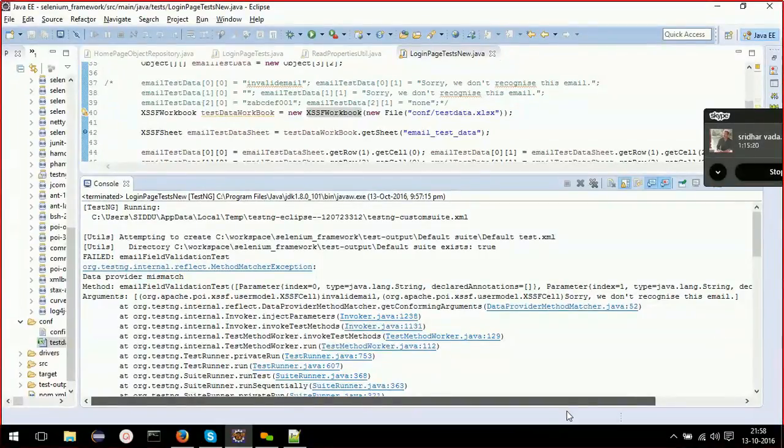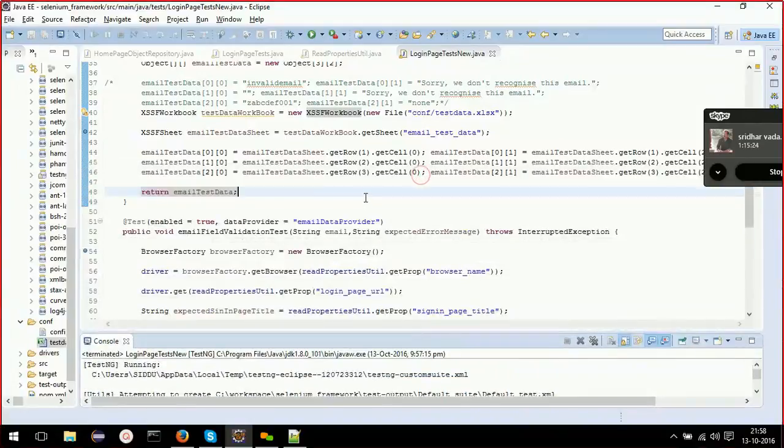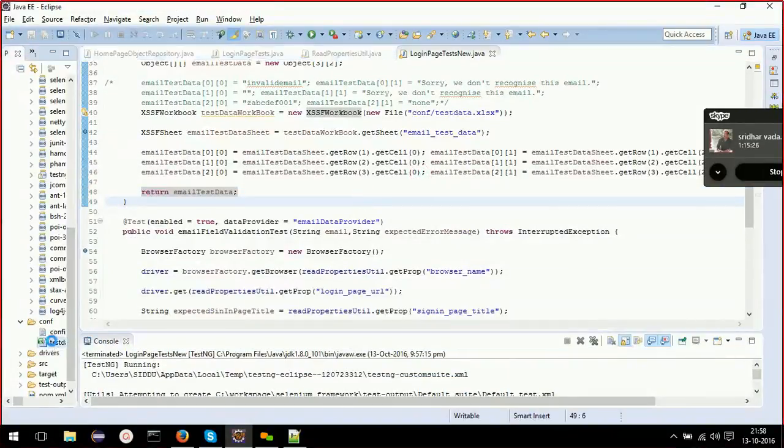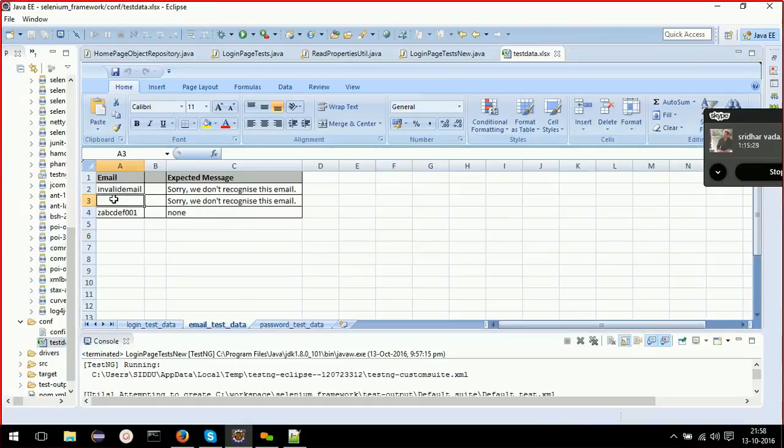Invalid email. Sorry, we don't recognize this email. Okay, what I'll do, instead of keeping this empty, I'll put this like this for now.